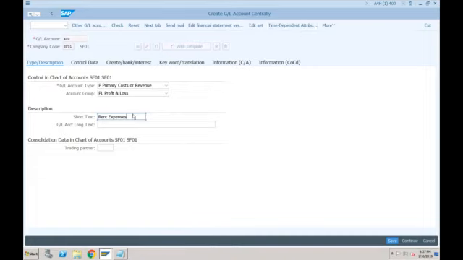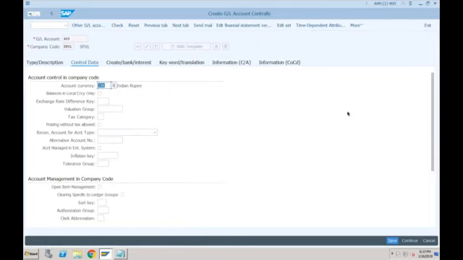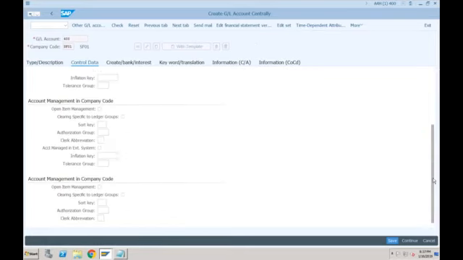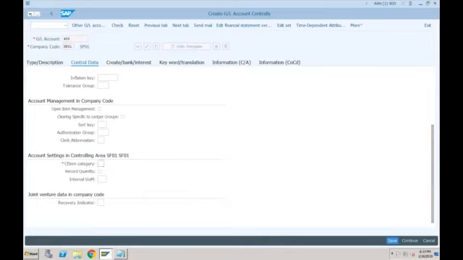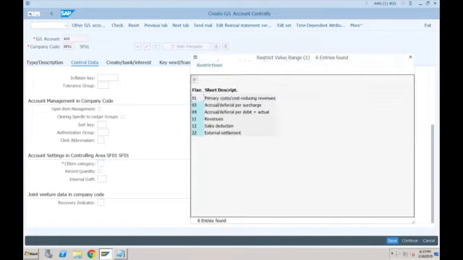Let's see. If I click on control data, you can see that a field has come here, cost element category, because there is no separate master data for cost element. The fields are moved from there to here. So the fields related to the cost element are available here, and I have to specify the cost element category here itself: primary cost. All those categories which were available in KA01 or when you clicked on edit cost element are available here on this screen. Otherwise everything is the same.